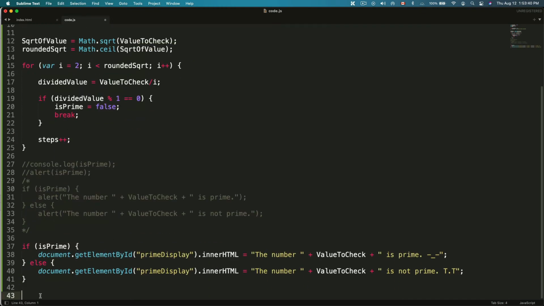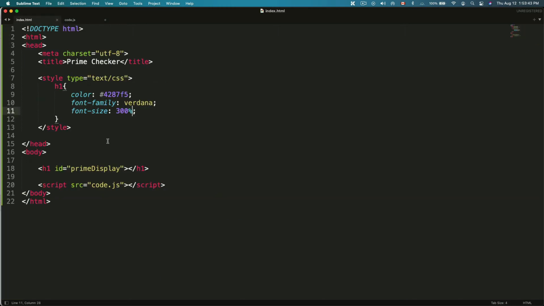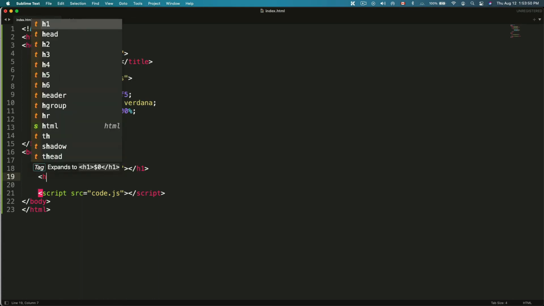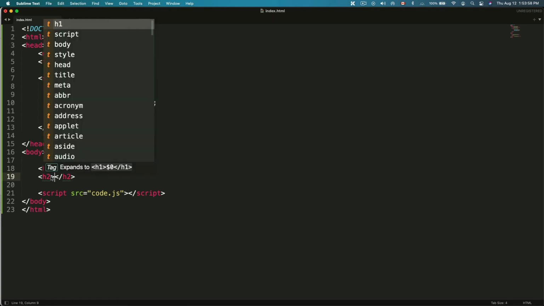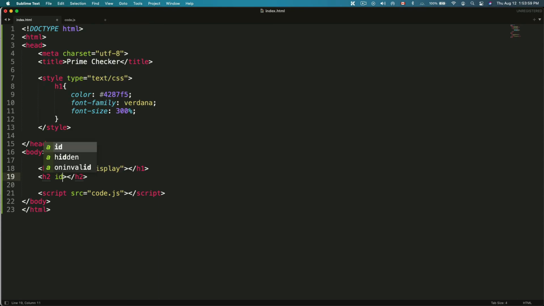So I'm gonna add another document.getElementById. But first we're gonna have to go to index.html, add a new thing. Let's do H2 this time. H2, not H1. H2, and let's not forget the greater than symbol. And inside here, we're just gonna do ID is equal to